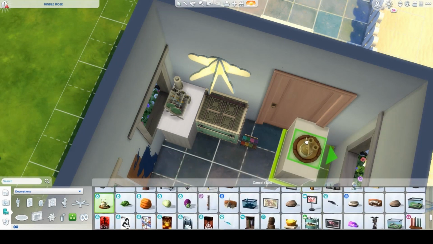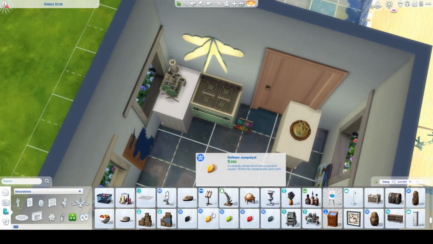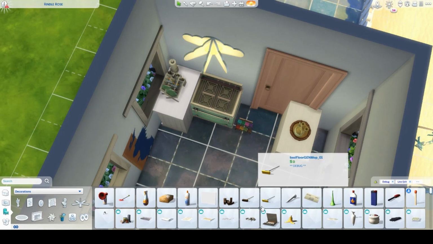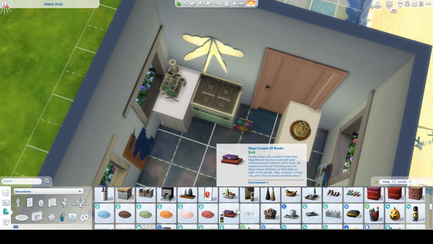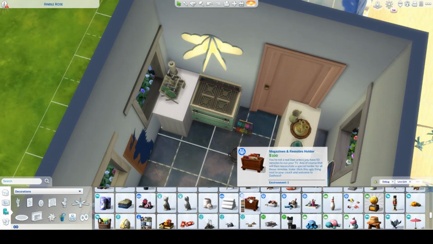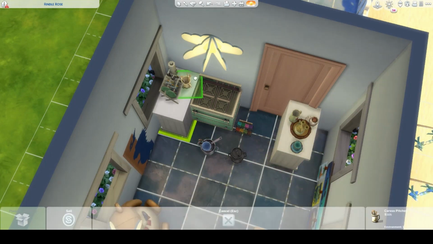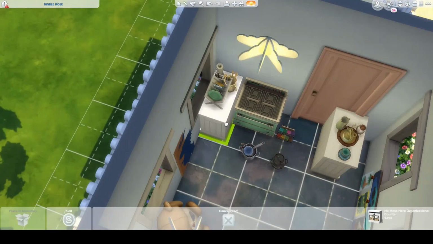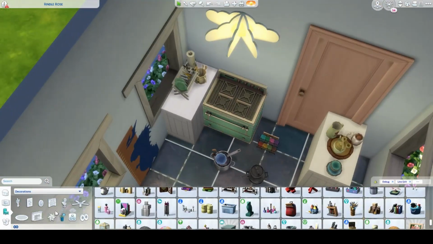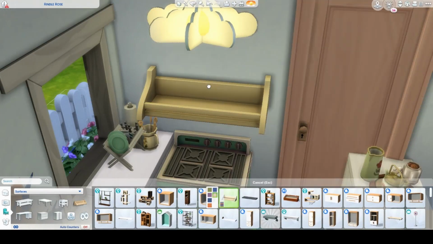Not to mention that actually makes the table downstairs usable, whereas I think that tea set is big enough that if you put it down there, you can't use the table. I could be wrong. But, yeah. Now this is pretty much it. I'm going to do a whole bunch more finagling, adding items and moving items. But,